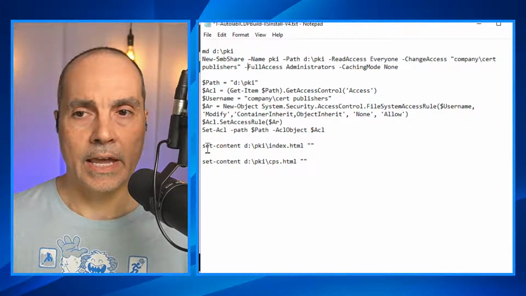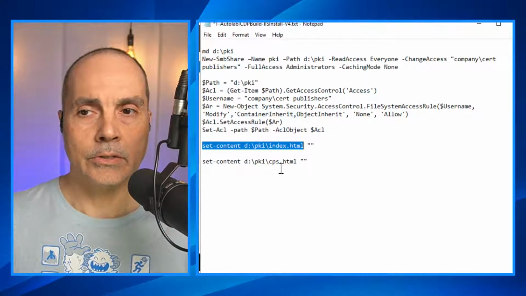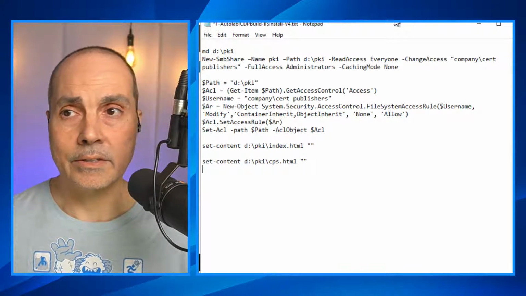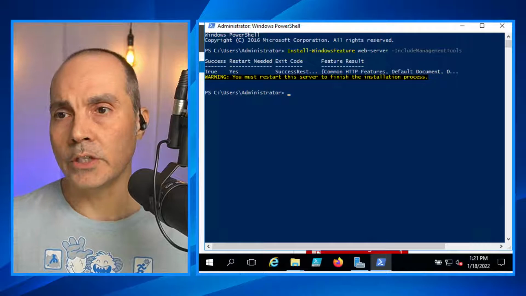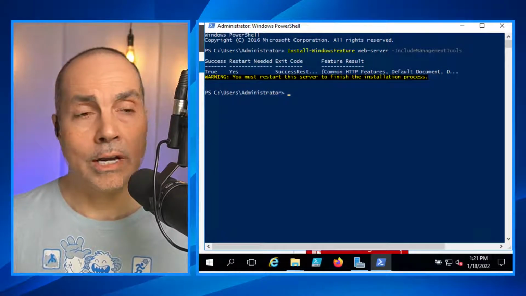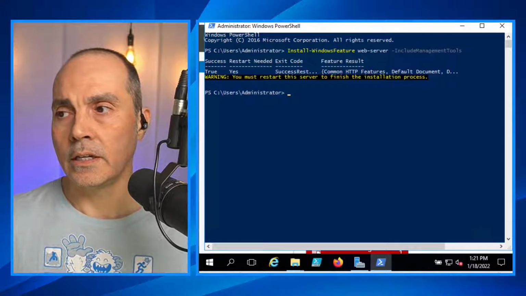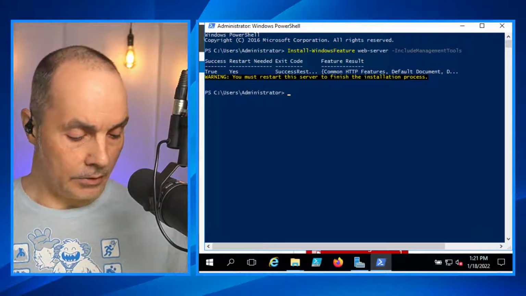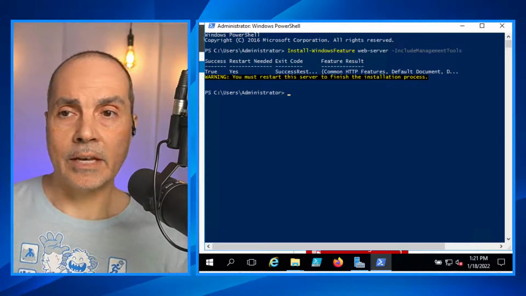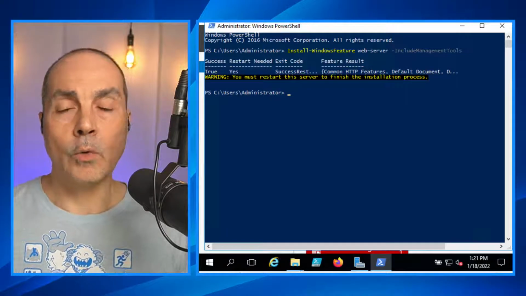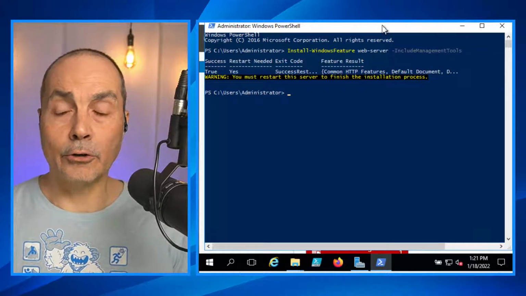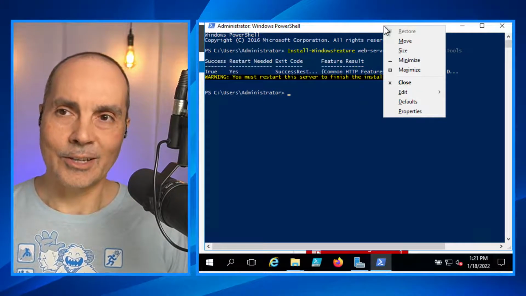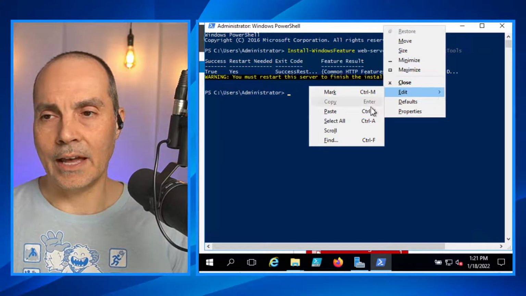We're also going to create a couple of placeholder HTML files for the index for the page, but also the CPS. We had a really good call in PKI tribe, which is part of our annual subscription membership. It's our community. We had a great call with Mark Cooper at PKI Solutions, who talked through the CP and CPS and why they're important, what they can inform, how long it takes to put one together, and who should be involved in the process. It's a really cool call. It's a dry process to go through, but Mark is really good at